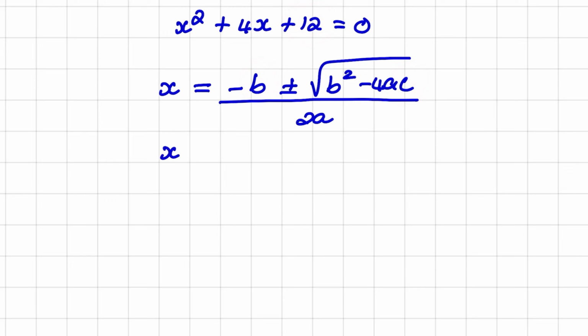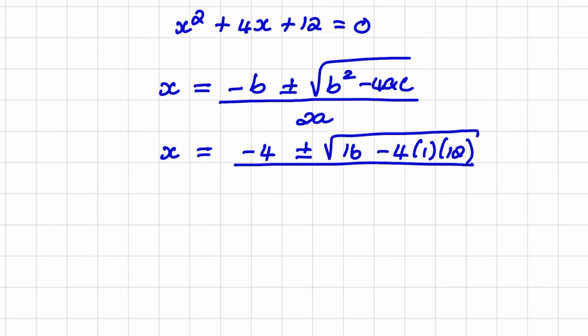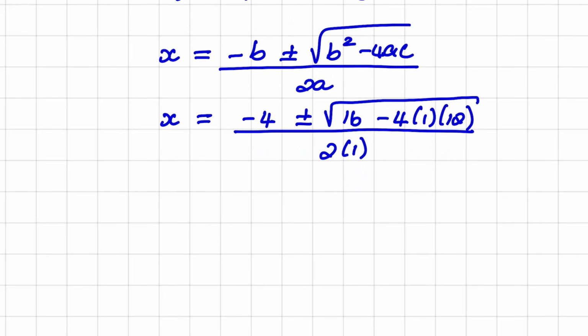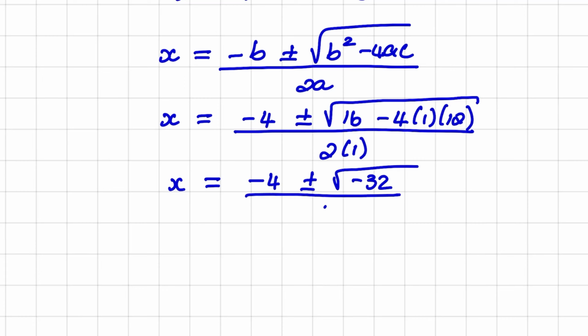So when I substitute, I have x is equal to minus 4 plus or minus the square root of 4 squared, which is 16, minus 4 times 1 times 12. And I take the square root, divided by 2 times 1. So when I simplify, I have x equals minus 4 plus or minus the square root of negative 32 over 2. Now normally you would not be able to find the square root when it has a negative value on